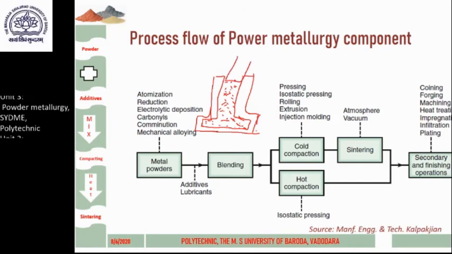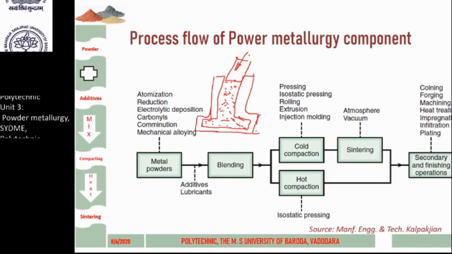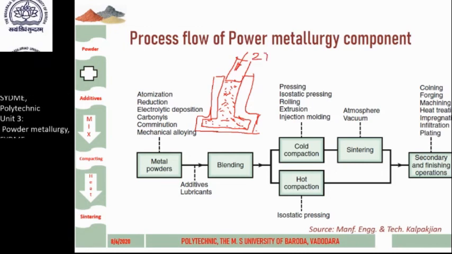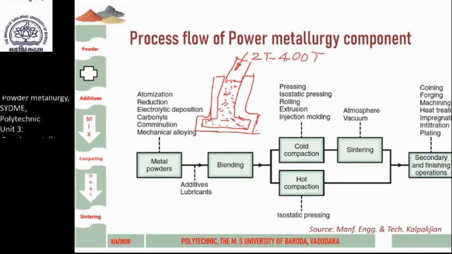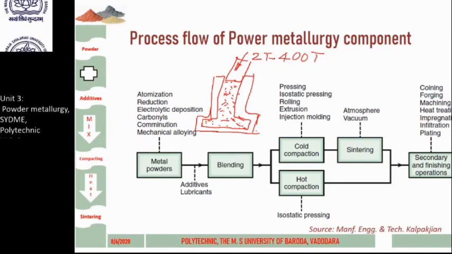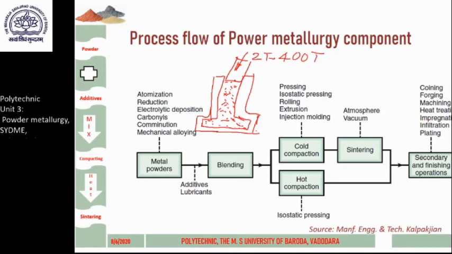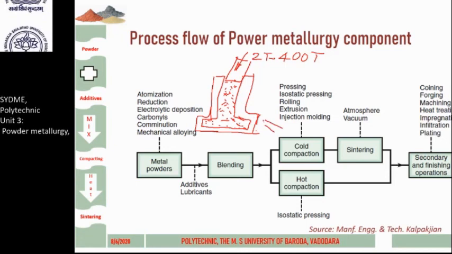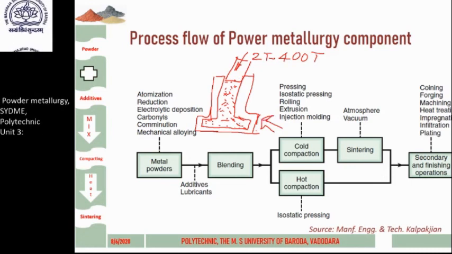That plunger is going to exert a force, and this force may start from 2 tons to 400 tons depending on the size, shape, and the compacting required for a particular product. So this is how we have the third stage, that is your compacting stage,